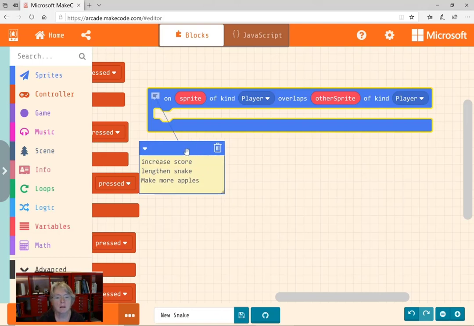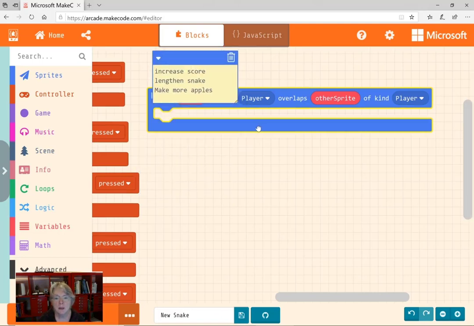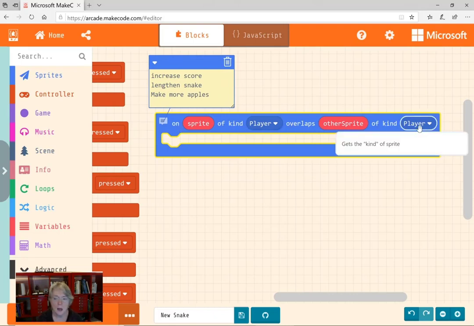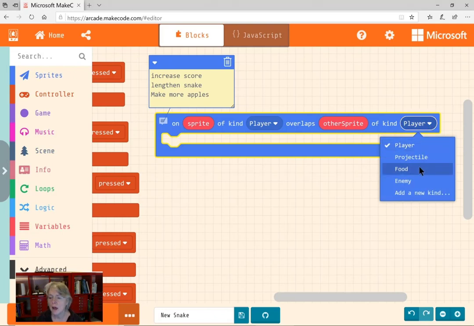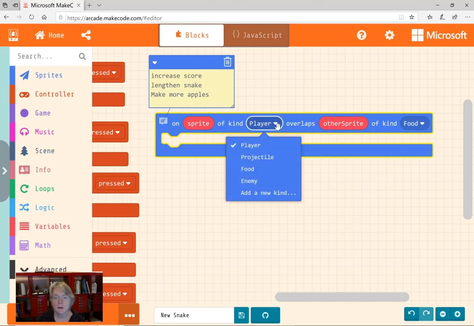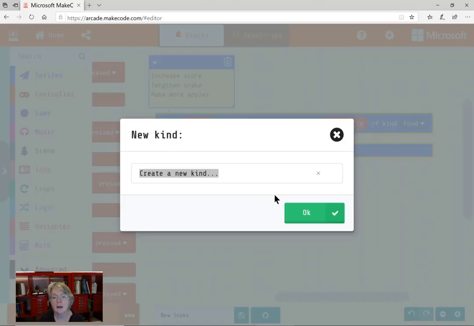Now, something about this isn't quite the way we want it, is it? So what two things have to intersect in order to trigger this event? Well, this one, we're going to call that food. And this one, it's the snake head. So we're going to create a special kind called snake head